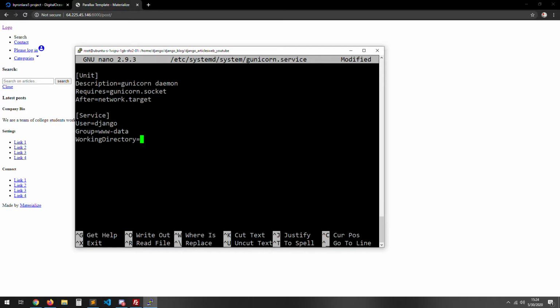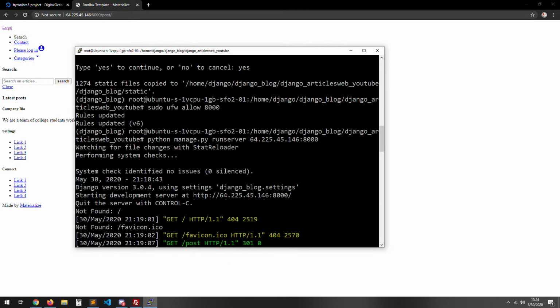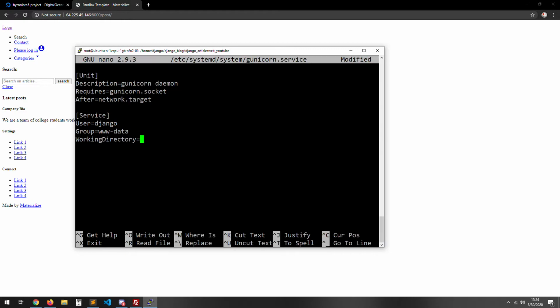So here we're going to put the whole path for the Django project: home, django blog, django articles, web, YouTube. Okay, now we go here,